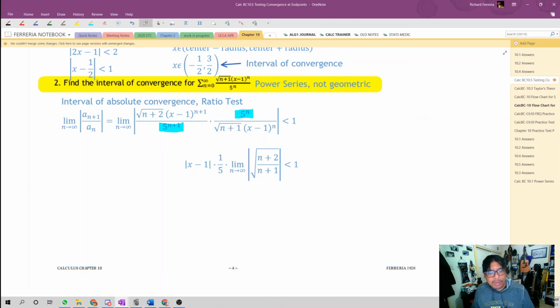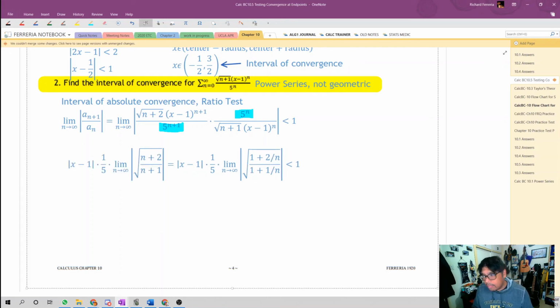You know what I'm going to do here? I'm going to divide everything inside that square root by the highest power of n, which is just n. That gives me the pieces 2 over n and 1 over n. Both of those are going to go to 0. And we get left with the absolute value of x minus 1 multiplied by 1/5 multiplied by 1 is less